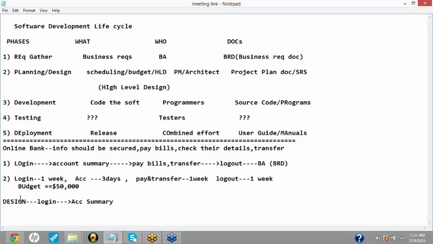Now he can check his summary details by clicking on the links which are present. As an architect, you should also specify where the link should be present. Now if the client wants his user to be able to pay the bills and transfer the money also, it is the responsibility of the architect to provide the links, or buttons, for paying the bills or for transferring the funds.